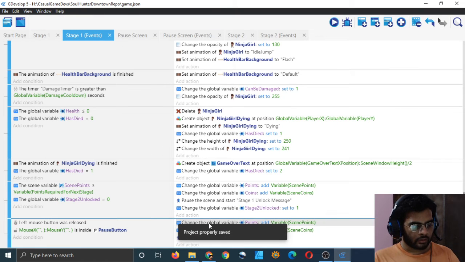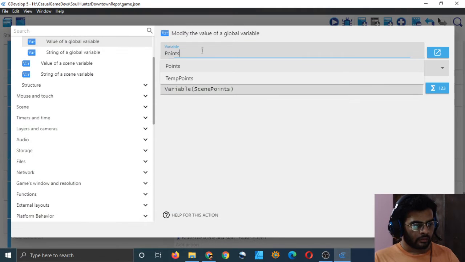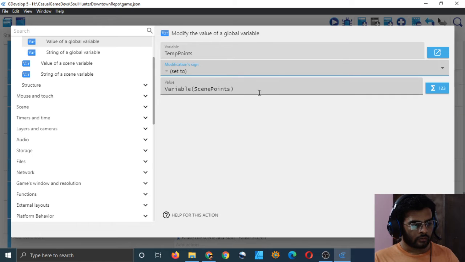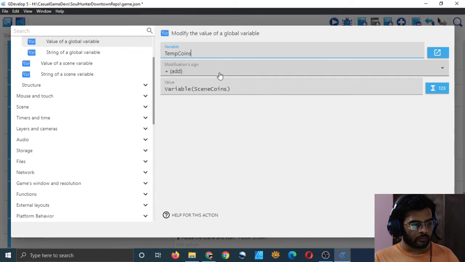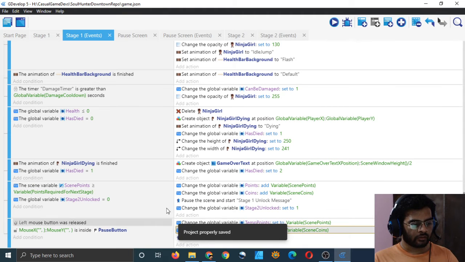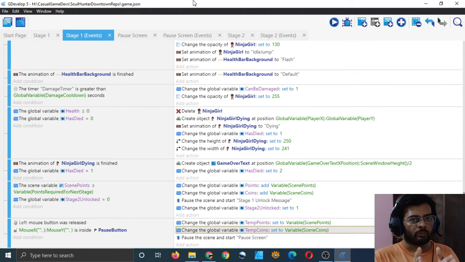And now in this part, just assign temp points to the scene points, and assign temp coins to the scene coins. Don't add it, assign it.